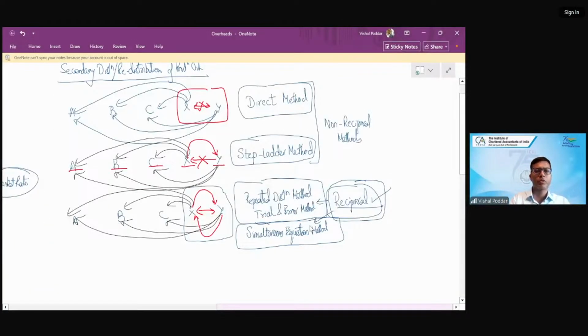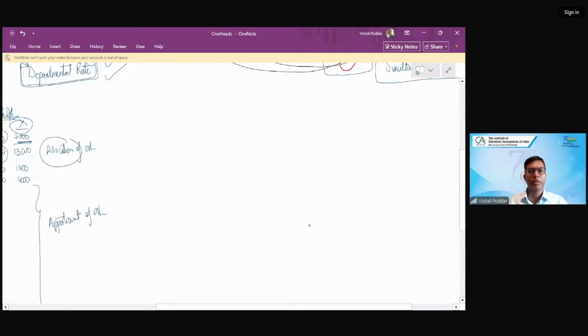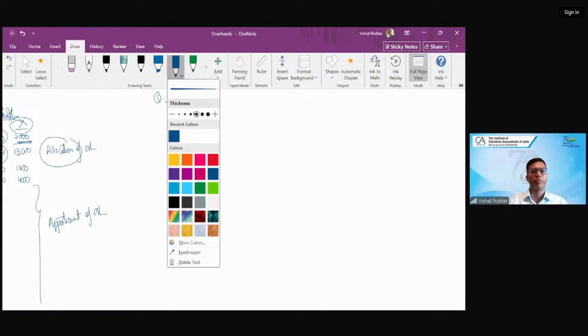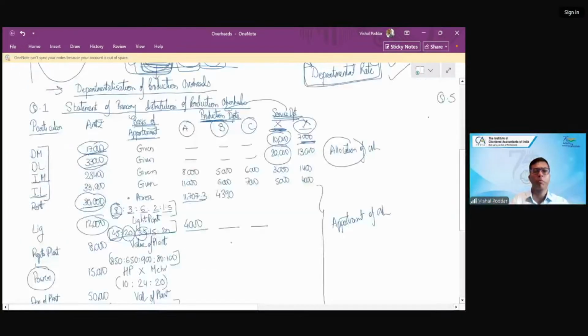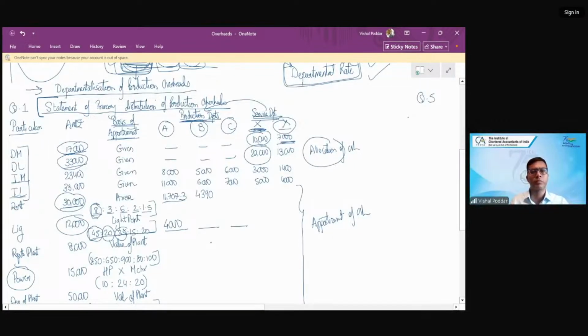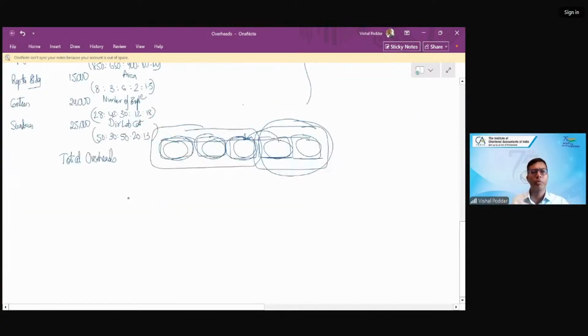So students, we are solving question number 5. We are in the second leg of this chapter, that is secondary distribution. Now, please understand the format is the same. Why? Because actually primary and secondary are not different. In fact, once you complete primary, what we did in the previous class, exactly below this, you start apportioning department X and Y expenses to the other departments. Means what? There is no separate secondary working. It continues in the same working of primary.